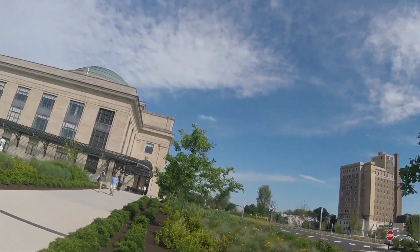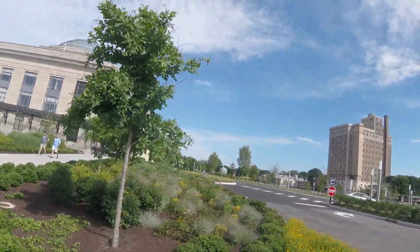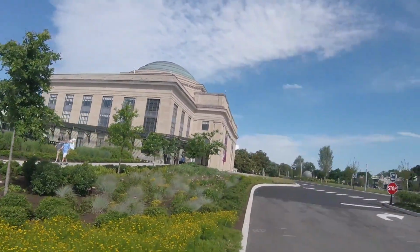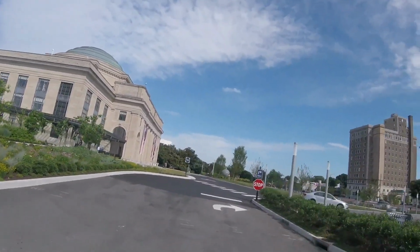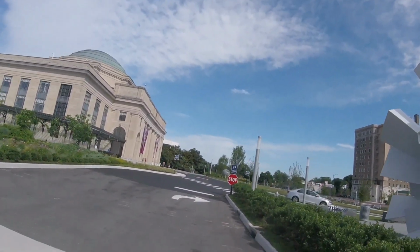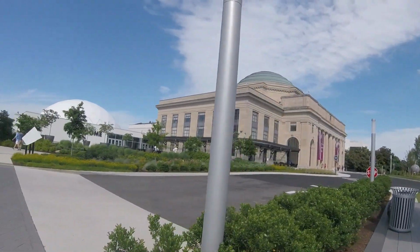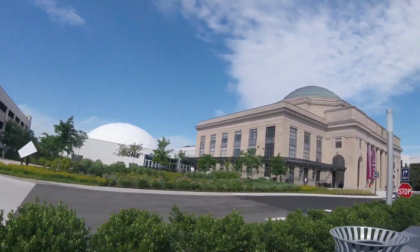The building the museum is housed in is Richmond's Union Station, built by the Richmond, Fredericksburg, and Potomac Railroad, and this was the southern terminus. The construction of the building was completed in 1919. It was served not only by the Richmond, Fredericksburg, and Potomac Railroad, but also the Atlantic Coast Line Railroad